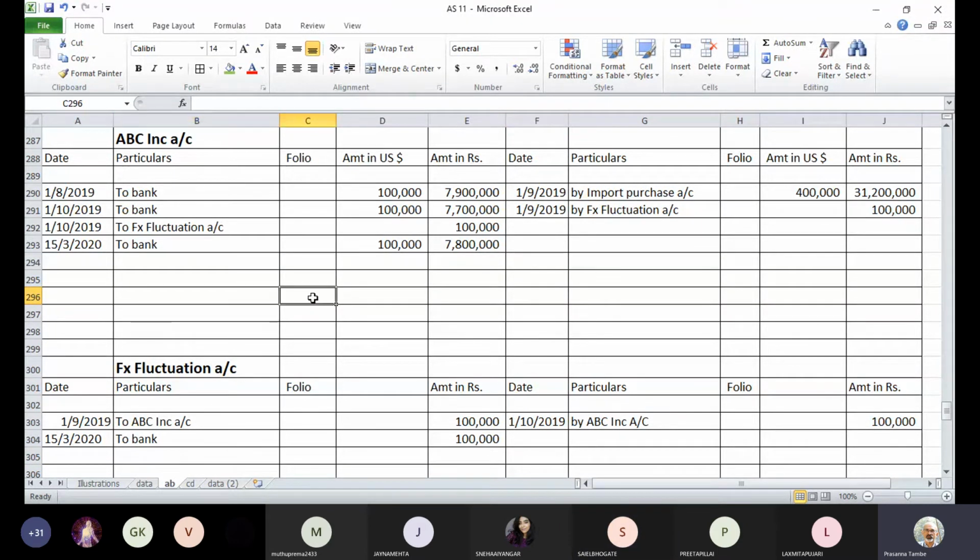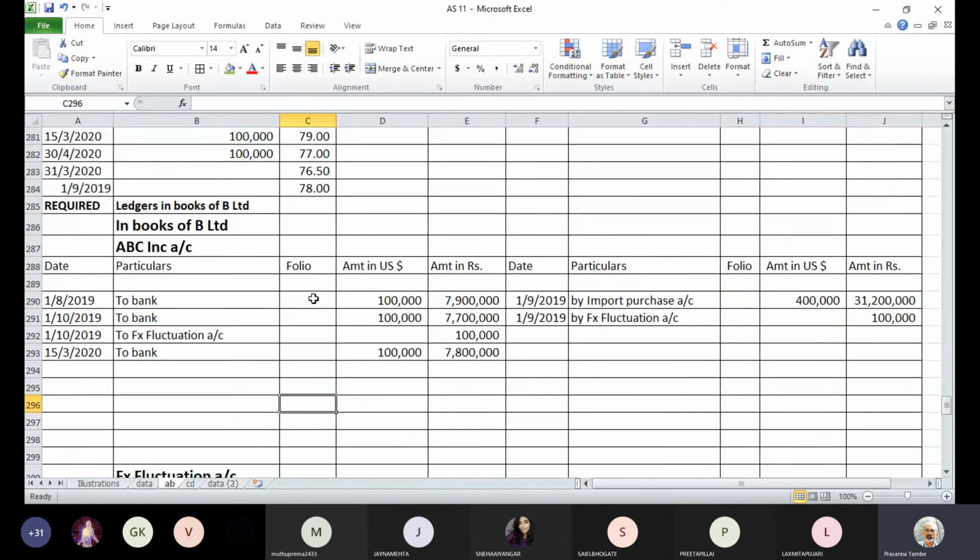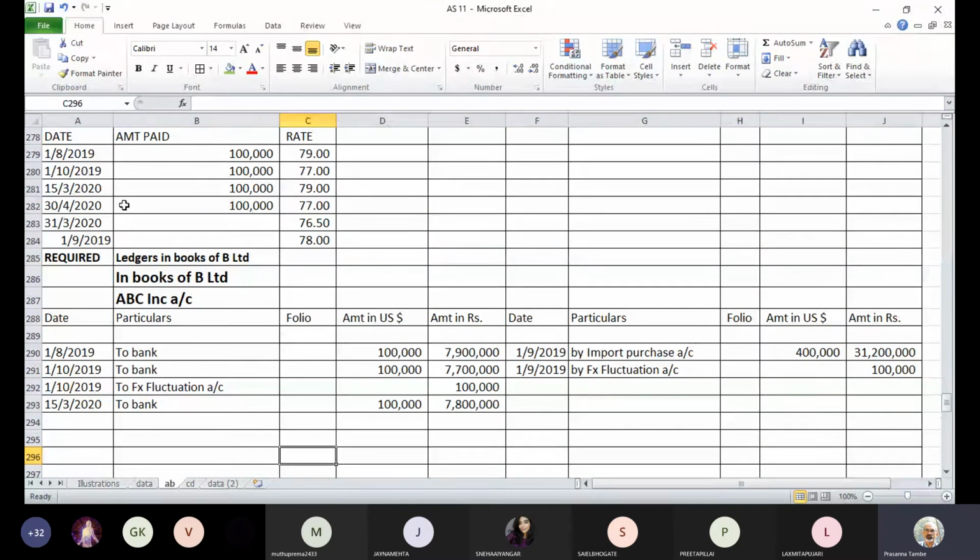Yes, sir. Okay. Now moving further, the last payment is on 30th April, but this goes in next financial year. And before that, at the end of the year, 31st March 2020, your dollar rate is 76.5. You have to find out what is the dollar outstanding. Your dollar outstanding is $1 lakh, which is remitted in April 2020. Now you booked the purchase at 78, but the year-end rate is 76.5. Are we going to gain or are we going to make a loss in the process? At the end of the year, will you account for a gain or will you account for a loss?